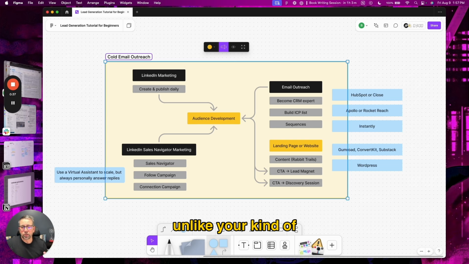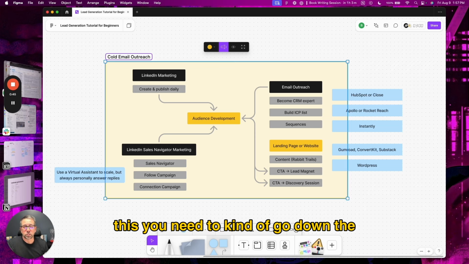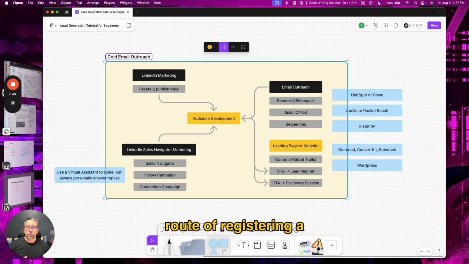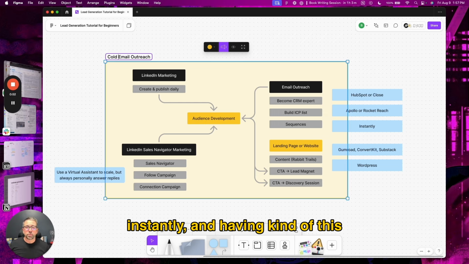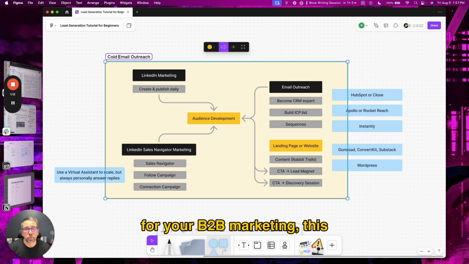So unlike your typical cold email tutorial, I don't think when you're starting this, you need to go down the route of registering a bunch of domains, setting up Instantly, and having this carpet bombing type approach to cold email outreach. As you scale, there may be reasons for more sophisticated emailing systems, but as an early stage startup or a founder, or just as a go-to-market strategy for your B2B marketing, this particular approach is going to